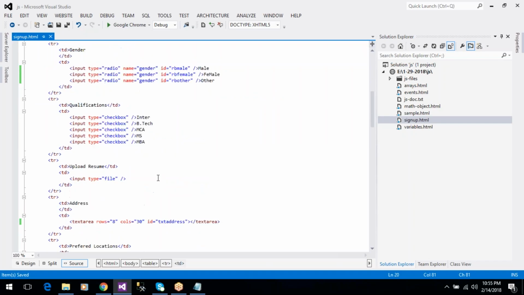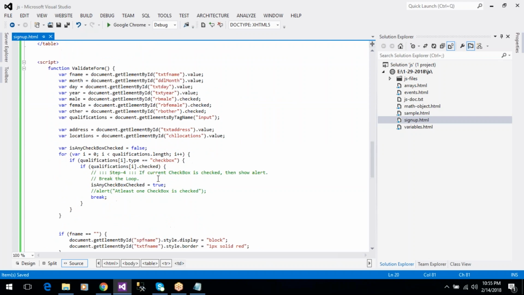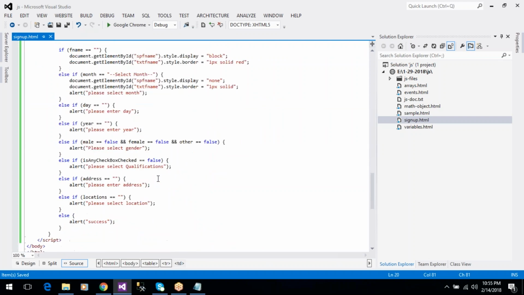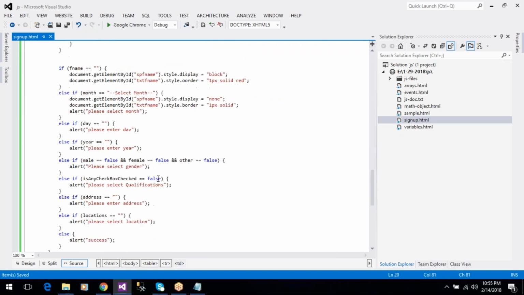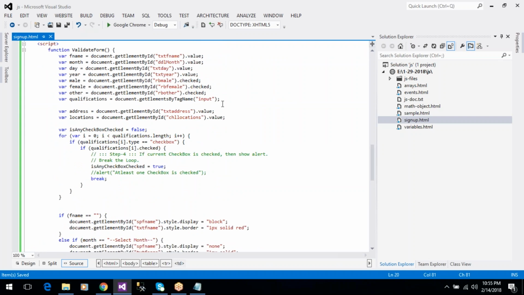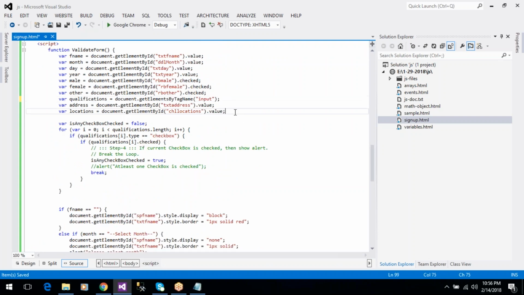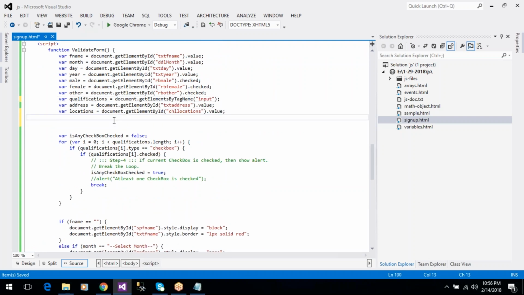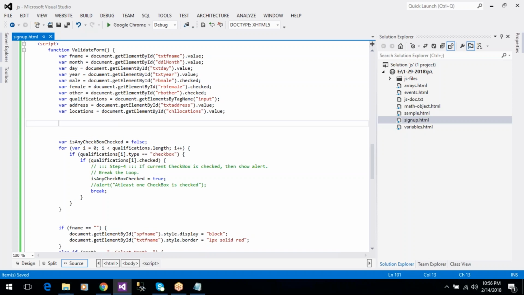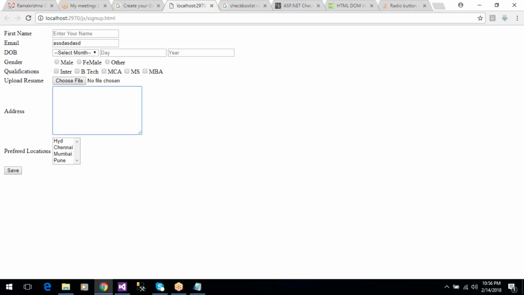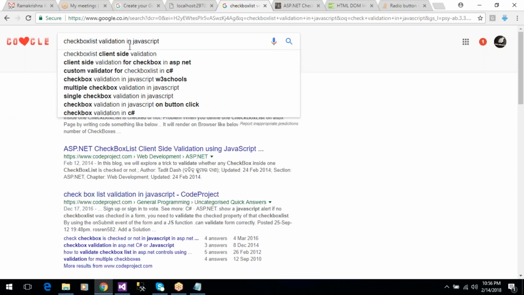So here in JavaScript, some regular expressions are there to write validations like this. So compulsory we have to check the email field with some expression. So regular expressions are there,